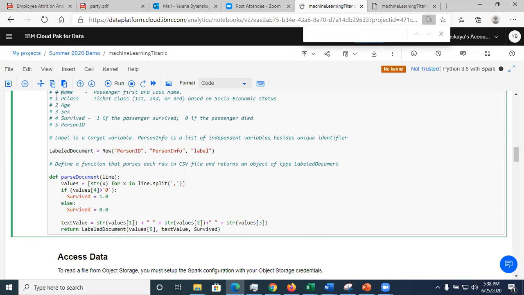But anyway, we don't want the name because the name doesn't really determine if you survived or died. So here I take the delimited list and you want to put all other variables, in my case positions 1, 2, and 3. And then here, this is a target, but I create a local variable called survive and I set it to